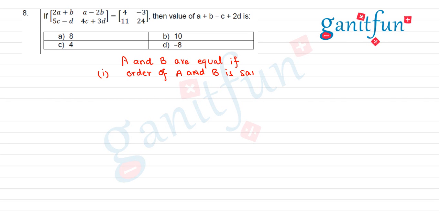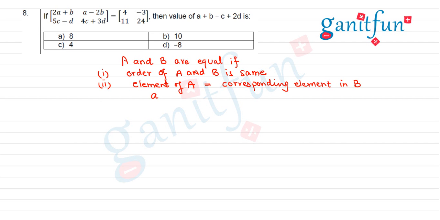And secondly, the element in A should be equal to the corresponding element in B. We can see the matrices which are given to us, both are 2 into 2, so the order is the same in both the cases. Now the second condition, element of A equal to corresponding element in B, basically means the